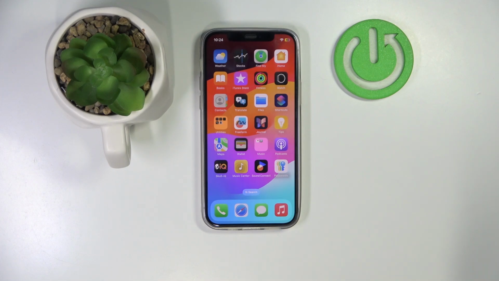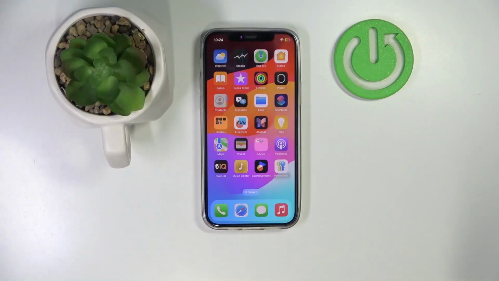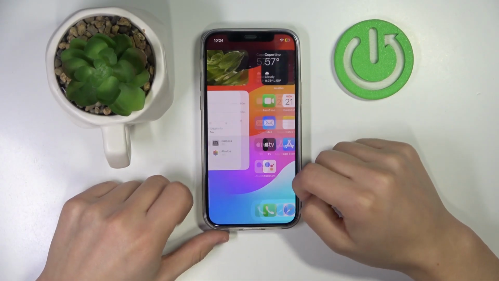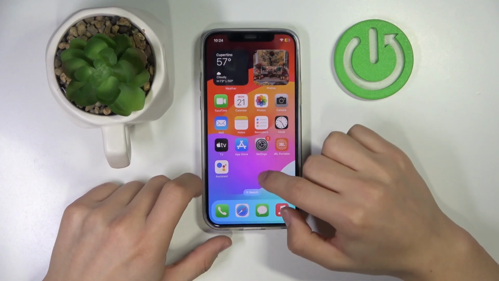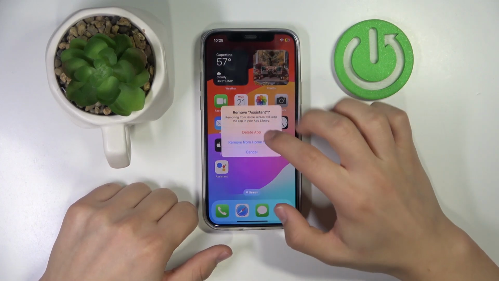Today I'm gonna be showing you how to disable OK Google on your iPhone devices. Okay, so as you see, there's two options that you need to do. So the first way is to uninstall the Assistant app. Click the Remove app, delete